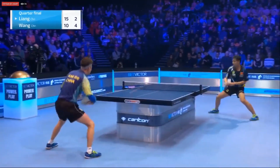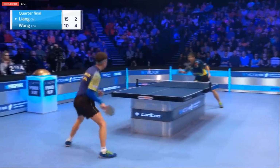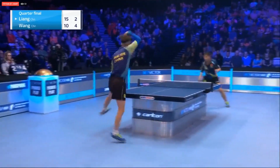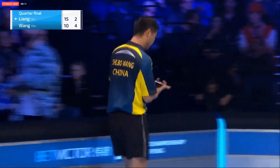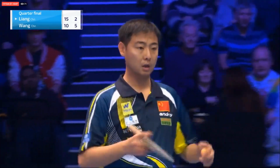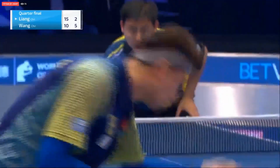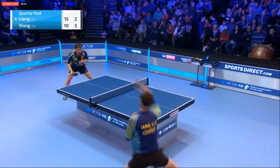So the champion getting it back together a little bit. That's great power from Liang. Oh, the blocking from Wang. Unbelievable blocking. Do you think Liang gave up on that last one? He had a big smile, didn't he, at the end of the point? He'd hit so many big shots. Wang somehow getting his back to them. Just couldn't believe it. That's about the best blocking that we've seen today, except perhaps from the best woman player